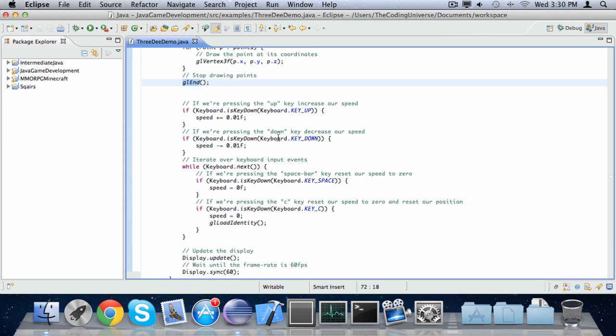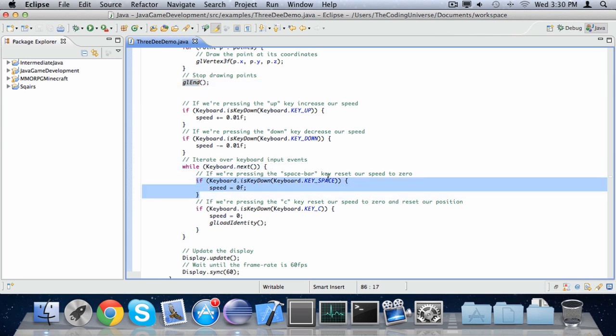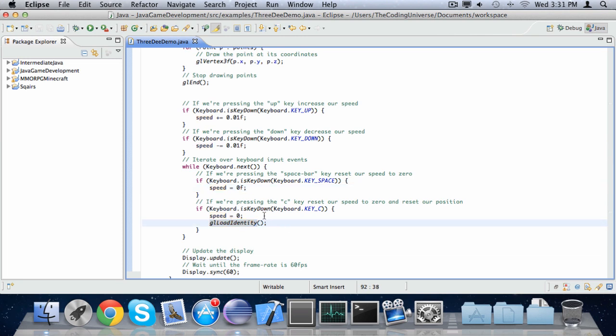If the down key is pressed, decrease the speed. Then I iterate over every single keyboard event and say if it was the spacebar key, reset our speed to 0, and else if we're pressing the C key, reset our speed to 0 and reset our position. So I'm going to call glLoadIdentity,